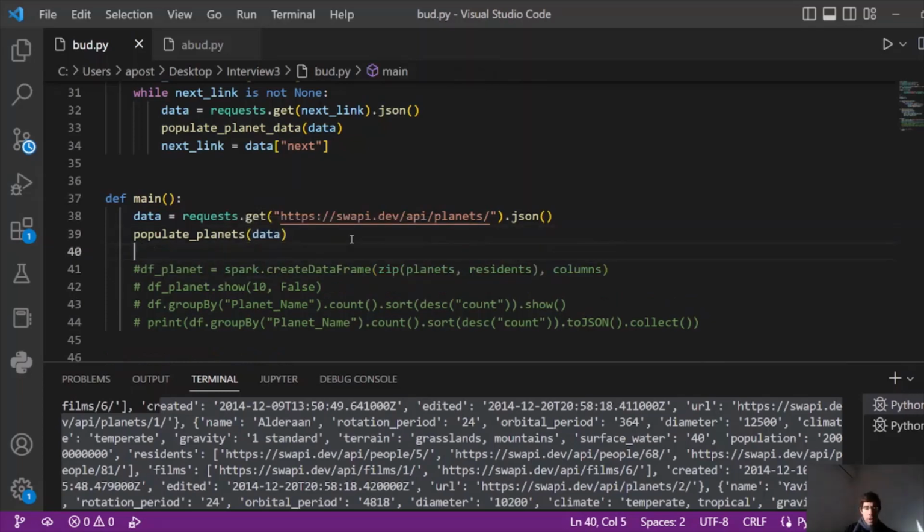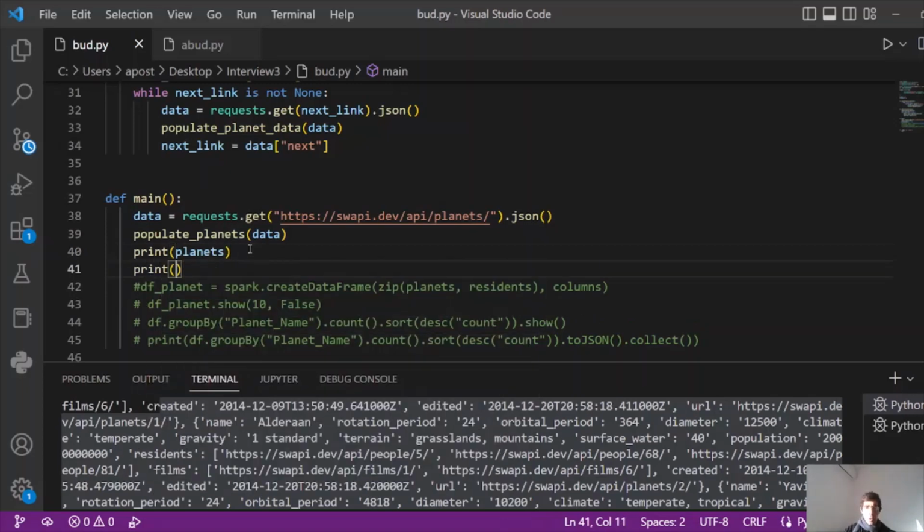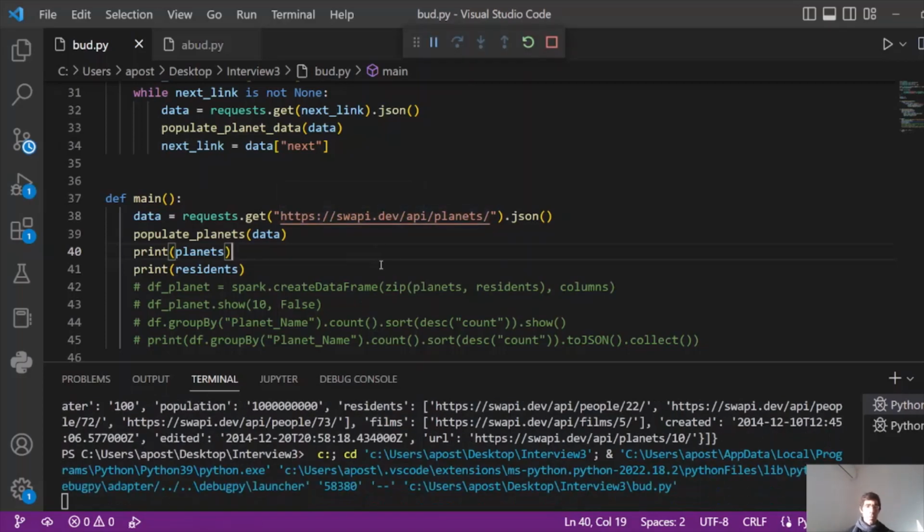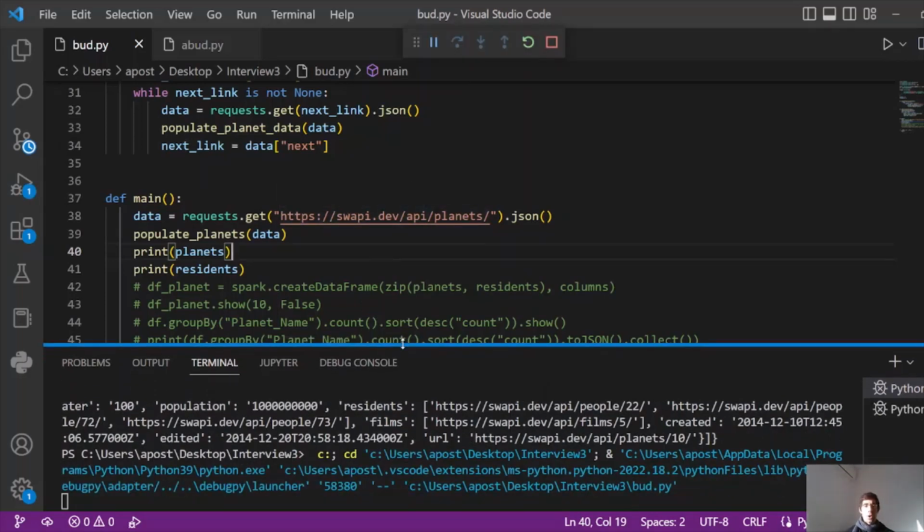We are getting from these two lists once we have populated them. Print planets and print residents, and you will see that we have two lists now. The first list contains all the planet names, and the second list contains the residents. And we are going to zip them. Why is it not running? And we are going to zip those